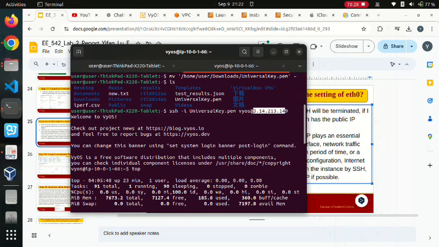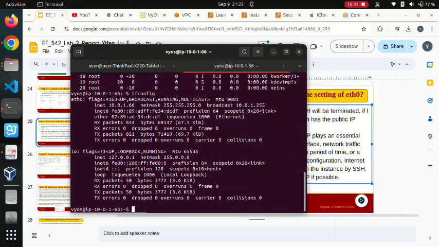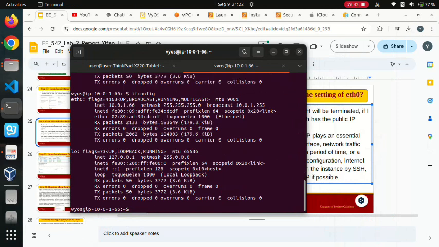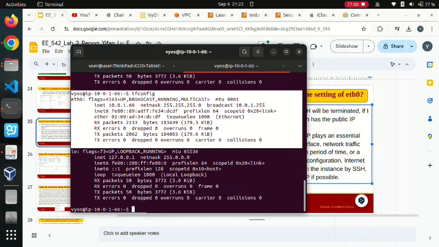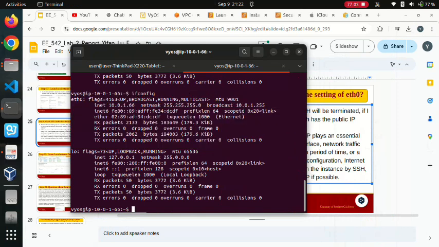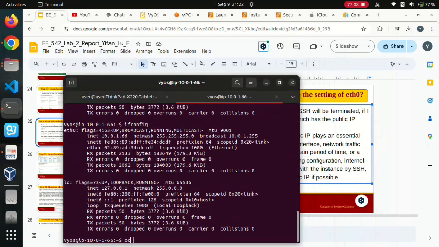the method of getting, how to say. Let me give you an example. If I use ifconfig, I can see the information of ETH0, and it is the private IP address. If I really want to change the private IP address in my VM OS, like make some configuration to change the IP address to another IP address, I think the